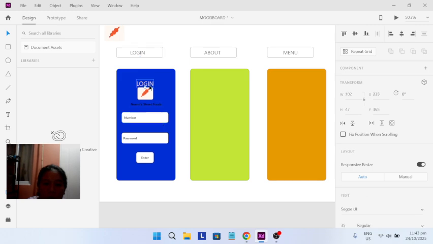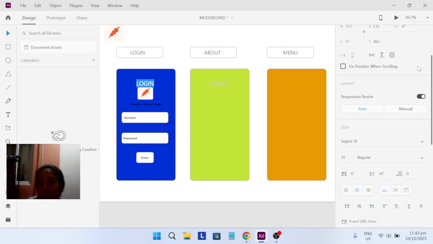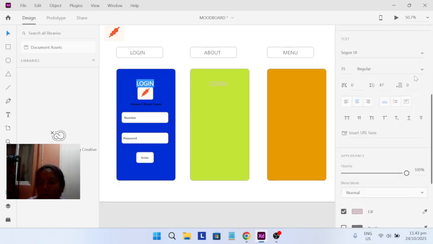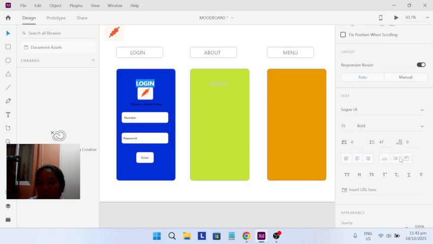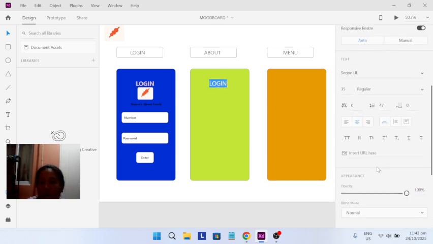Let's get this and duplicate. Let me make it bold na lang. And even here.